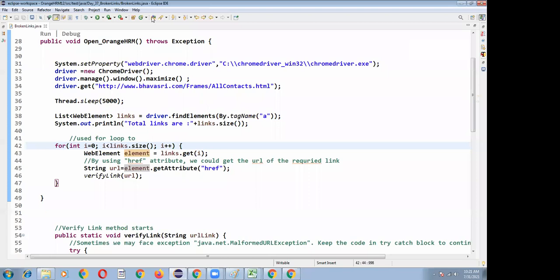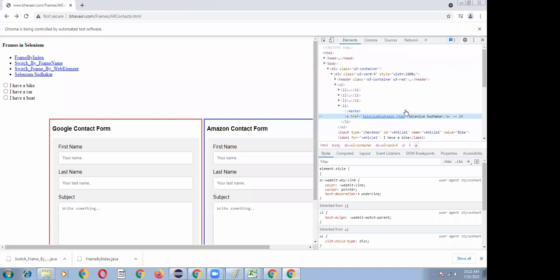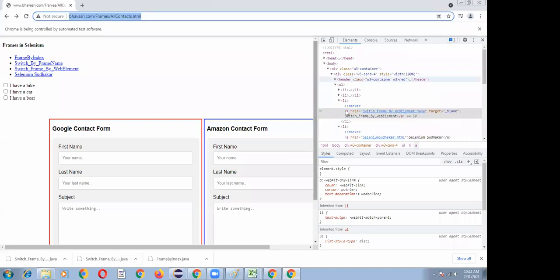So element.getAttribute("href") returns the complete URL value, the href value that it navigates to.